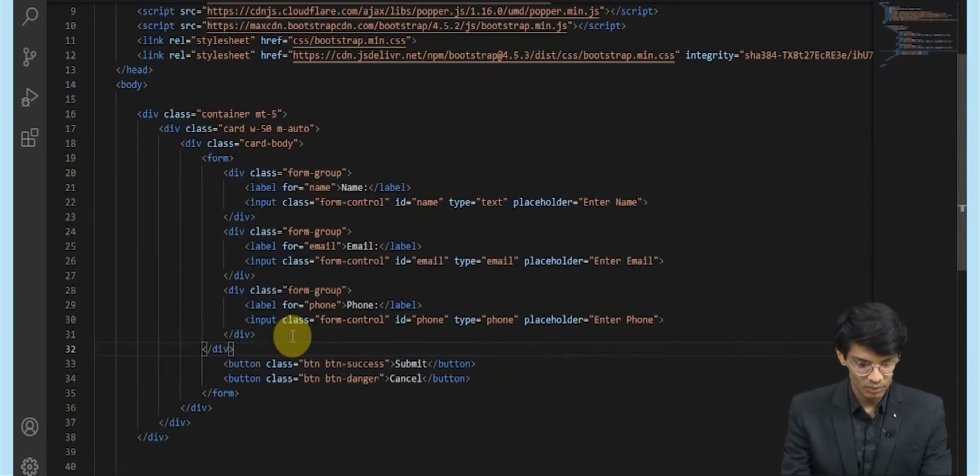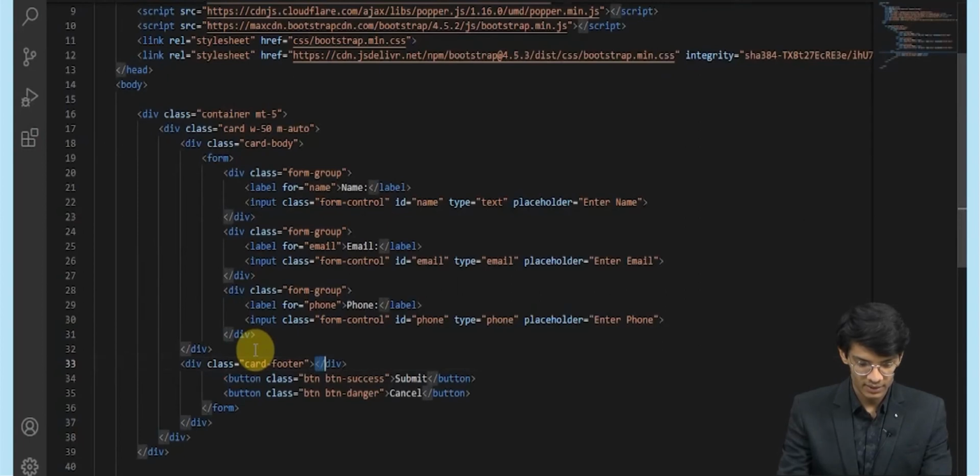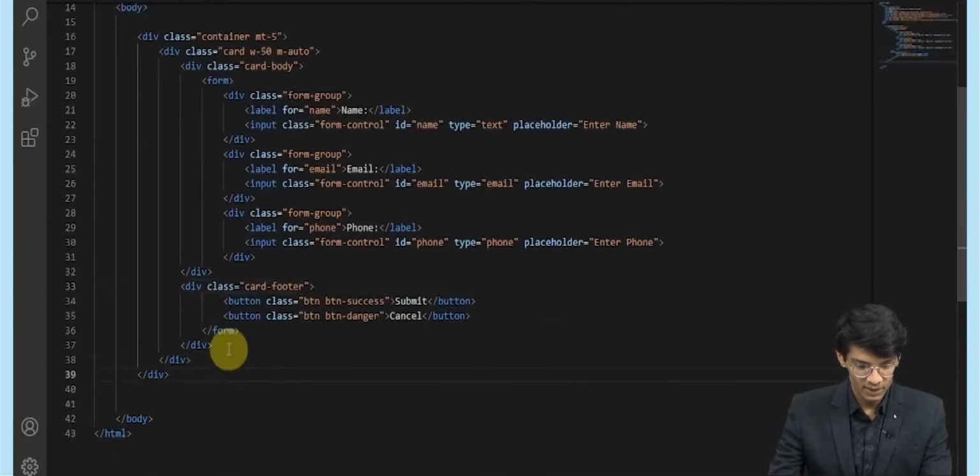We will close the card body here, and now we will add a card footer, and inside that footer we have defined the particular buttons.